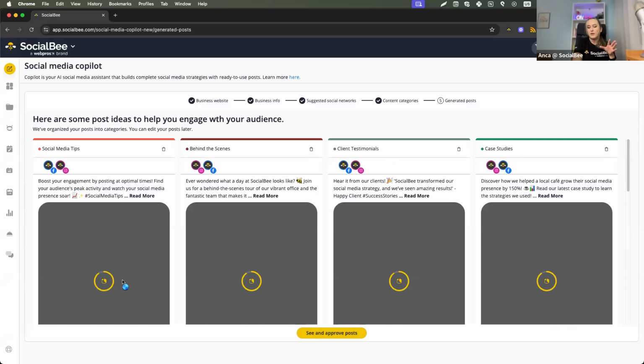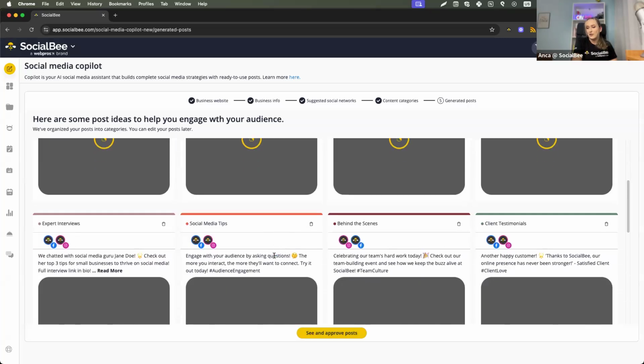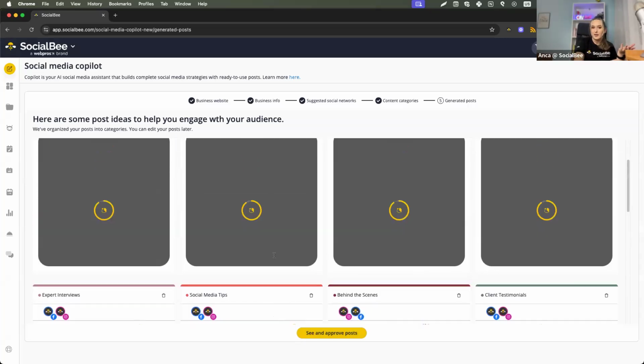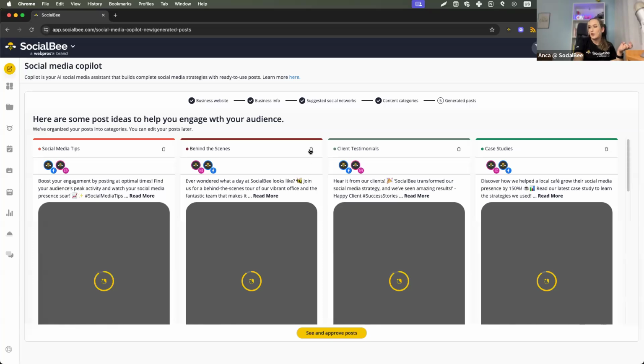And then it also, it takes a while, but it also generates images for each of these posts. Now, if you don't like a specific post, you can just click on the trash icon there, and the content gets deleted, and that way you're not adding it into your